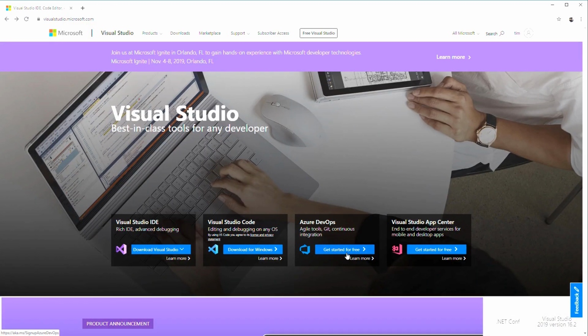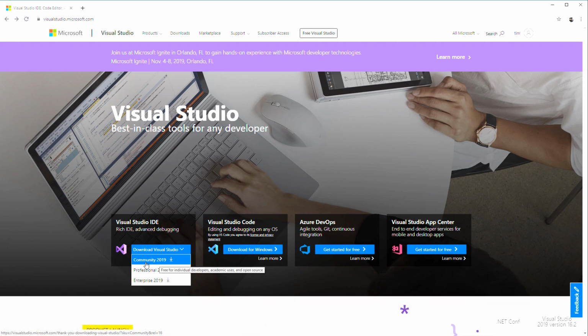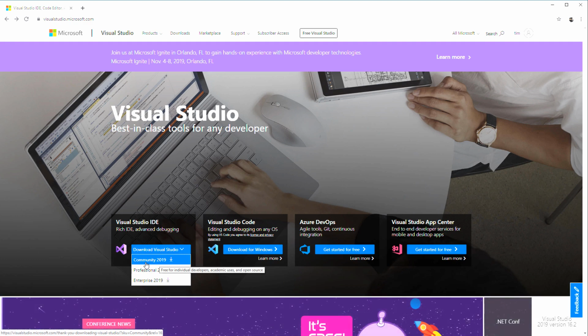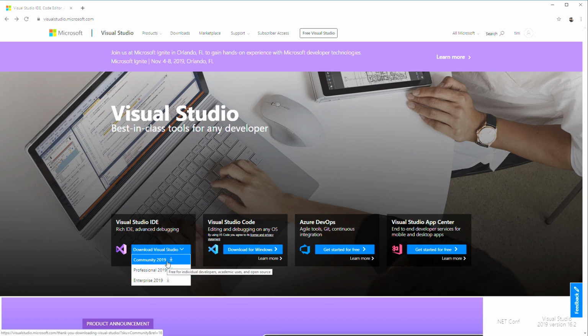Azure DevOps is a web-based software as a service, so it's just signing up and getting a login. Visual Studio does require you to install something, and so you have to install that. Now, if you have Visual Studio from an earlier version, it may still work, especially if you have Visual Studio 2017. But if you have an earlier version than that, I would definitely recommend that you install Visual Studio Community Edition 2019. Like I said, it's free to do, so unless you're on a work machine where you cannot, it makes the most sense to get the latest